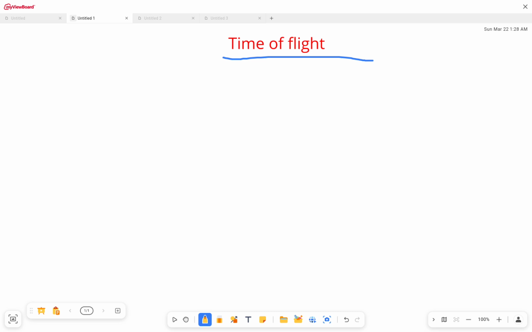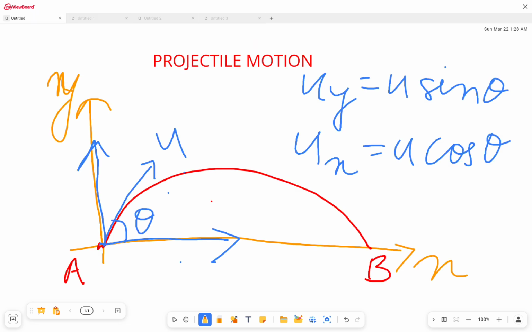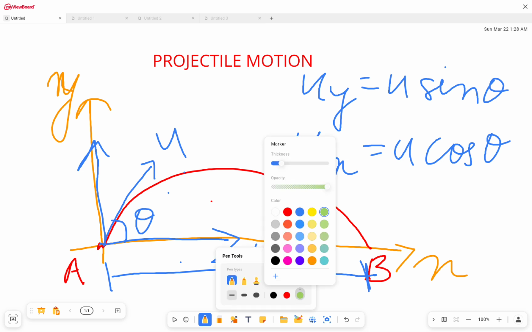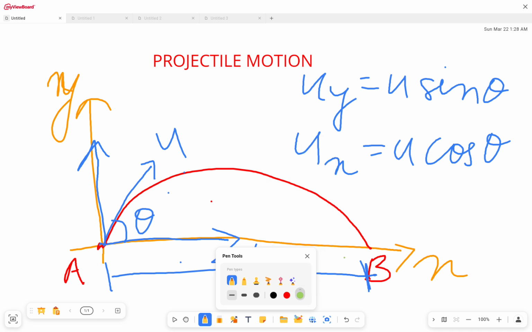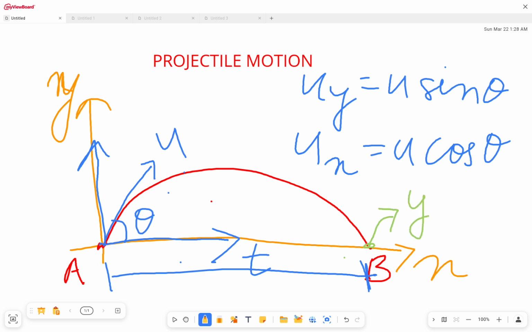The first one is the time of flight. So what is time of flight? Time of flight is basically the time which this stone takes to reach from point A to point B. One thing we need to keep in mind is that at this point B, the y parameter will be 0 because it is on the x-axis. So considering this concept in mind,